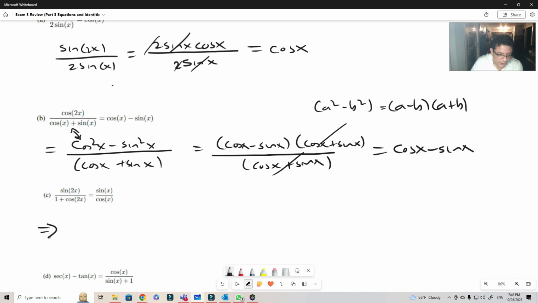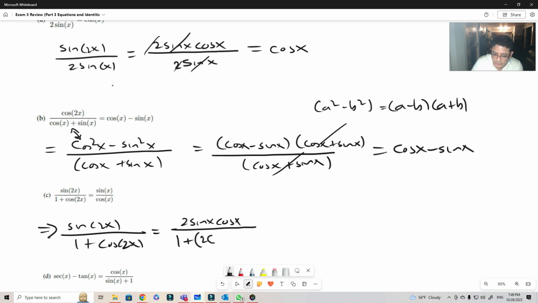So here we have sine of 2x over 1 plus cosine of 2x. The top we can break apart as 2 sine of x cosine of x, and the bottom we can break apart as 2 cosine square minus 1. Since this identity is going to give me a negative 1 that I can cancel with this,